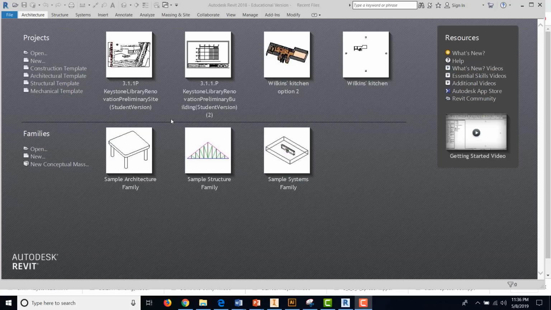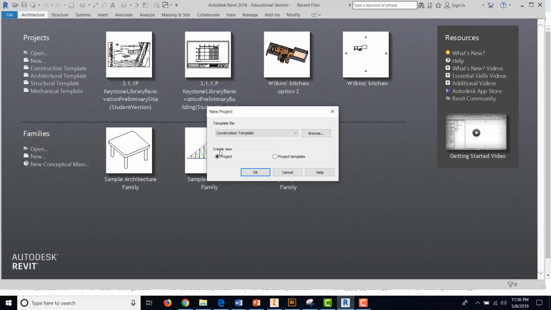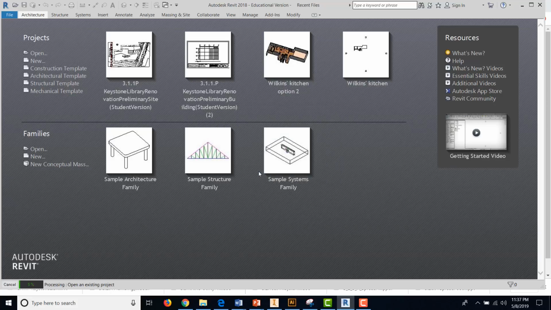So first thing that we're going to do is create a new project. Click on new when this thing opens up, and you are going to not use the construction template. Hit the drop down and go to architectural template. If you didn't open it this way, just make sure you're hitting architectural template. Click on the single link there as well. Create new project, and